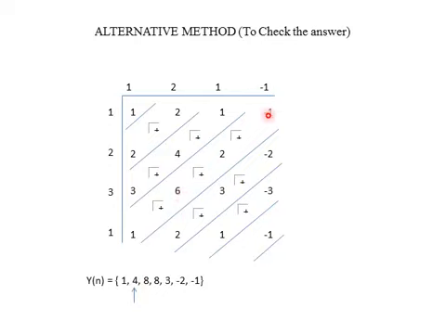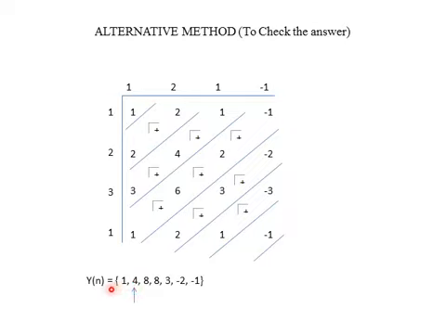Here 1 and minus 1 will be cancelled, so 6 plus 2, its value is 8. Coming to this diagonal, 2 and minus 2 will be cancelled, so it is left with 3. And in this diagonal, it is minus 3 plus 1, minus 2. Last value is minus 1. Now we have obtained the same result as that of the graphical method. And here again, you have to indicate the origin below this 4.